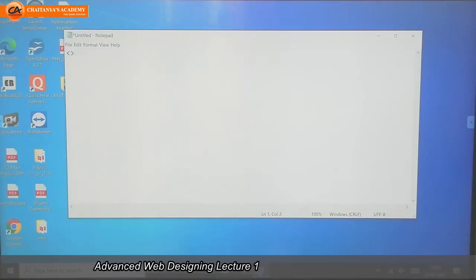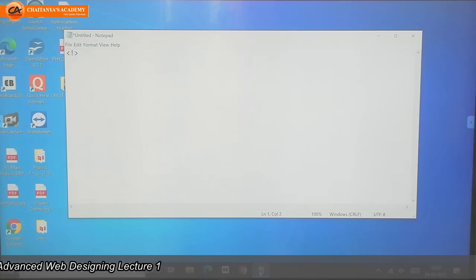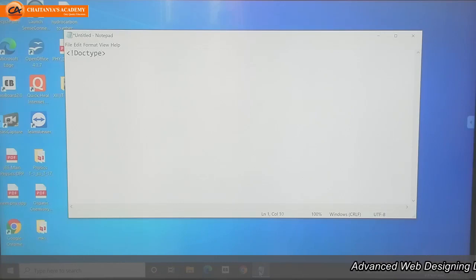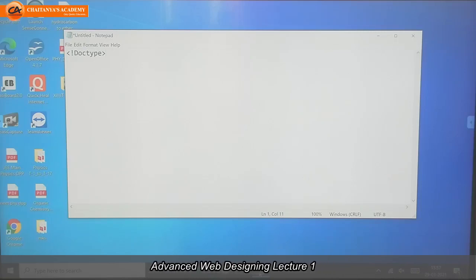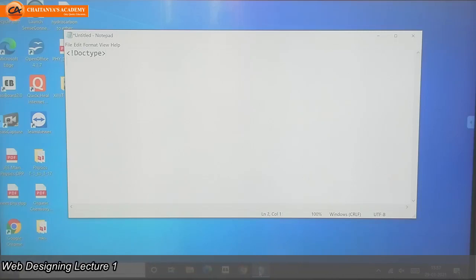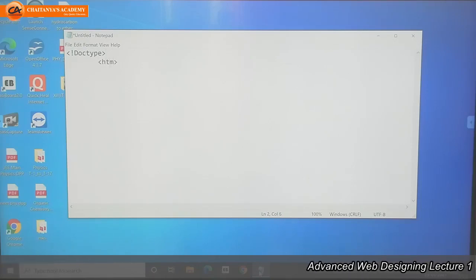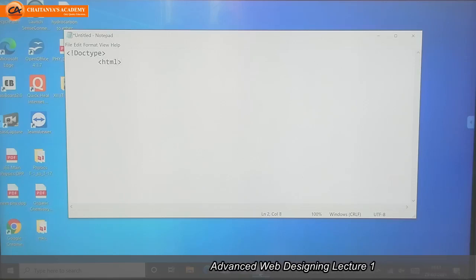Now I am going to write the first line in HTML5, which is the doctype. This doctype tag is used to indicate to the browser which type of document it is. So it is an HTML document. So the first tag should be the HTML tag.